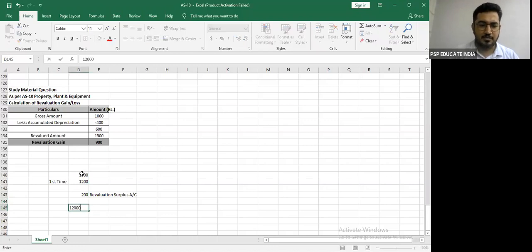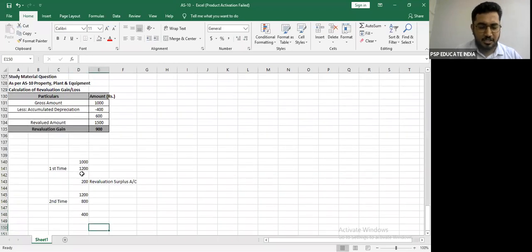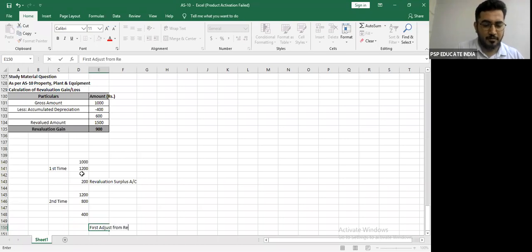Value becomes 1200. Subsequent revaluation becomes 800. Downward revaluation कितना हुआ? 400. I'm writing over here. Second time revaluation, downward revaluation 400. First adjust from